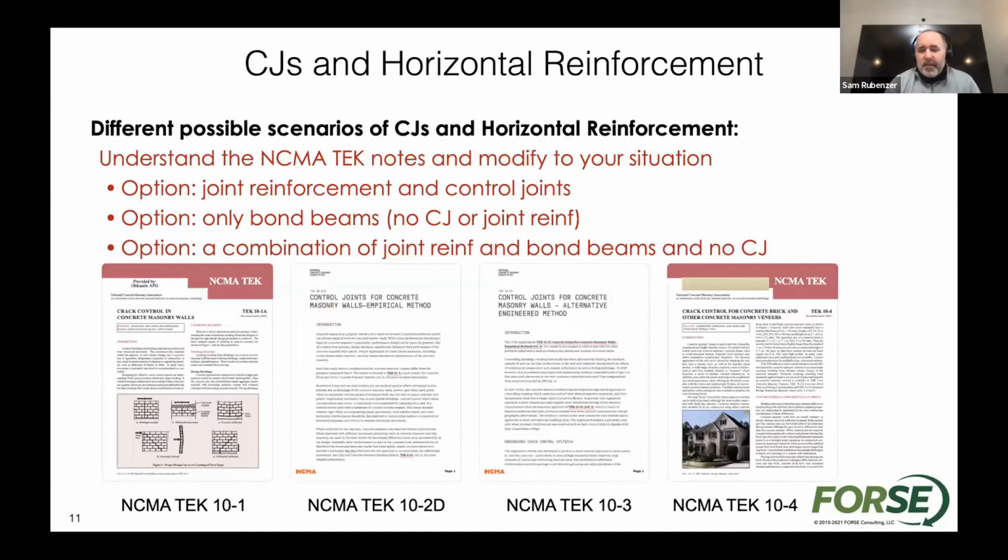The different NCMA tech guides are really going to be our resources for looking at and reading through all of them. I think NCMA is going through an effort now where we're trying to combine all these different tech guides, so you wouldn't have to dig for all of them individually. But it really does help us see the purpose and the reasons behind the amount of horizontal reinforcement, the control joint placement, whether to put them in or not put them in. It's very well documented in here,